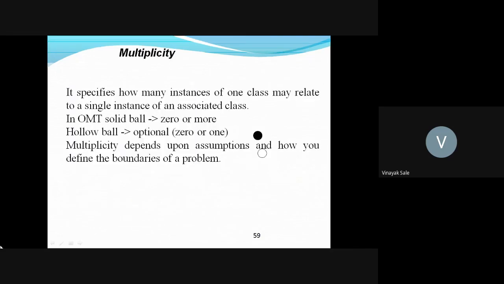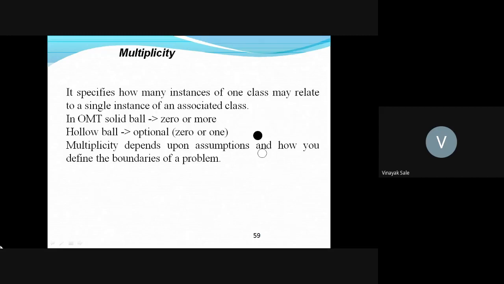Then multiplicity. We have studied one-to-one association, many-to-many association, and ternary association. But there is also multiplicity. It specifies how many instances, that is objects, of one class may relate to a single instance of the associated class.